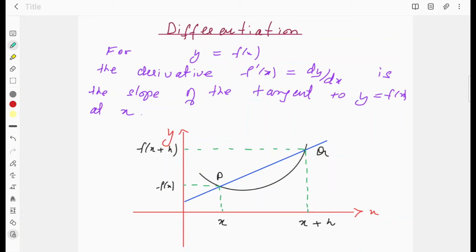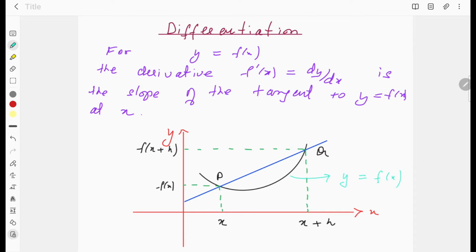Differentiation for y equals f(x), which is a curve drawn in black. The derivative f dash x, or dy by dx, is the slope of the tangent to the curve y equals f(x) at point x. This black curve is y equals f(x),